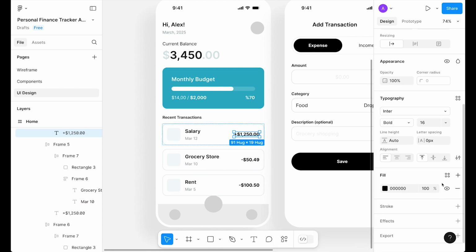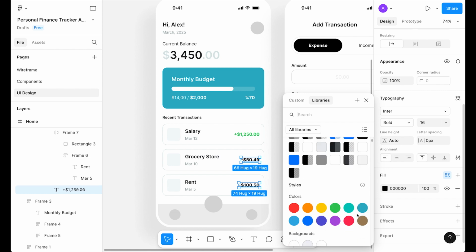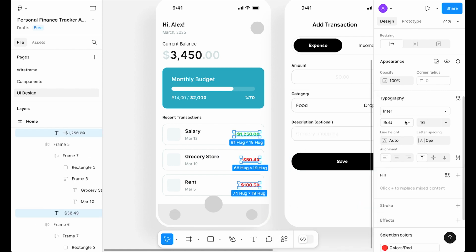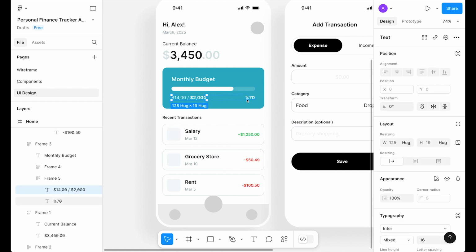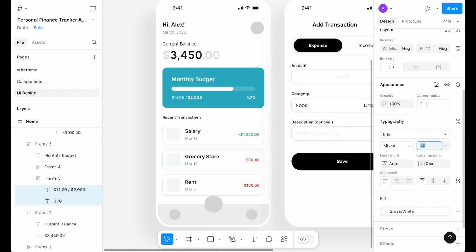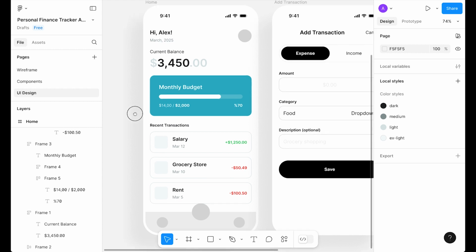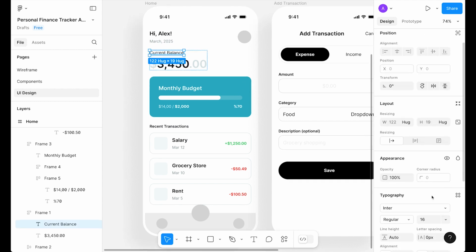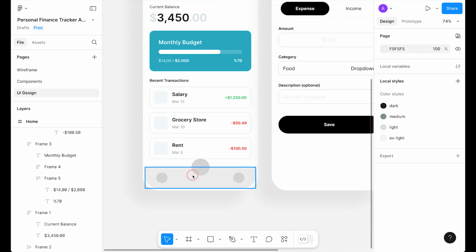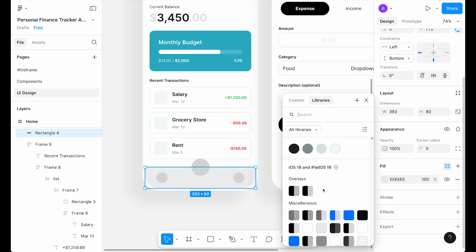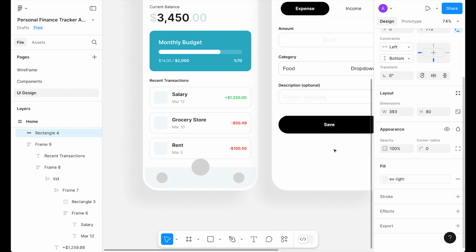Okay, so now select this text and make it green. These two will be red text, and select this. Okay, make it semi bold, and let's use 14. So as you can see, here we have 16 and 16, so let's try to make it 14. Okay, so 14 looking good, and we will stick with 14. Let's make this one also 14. Everything is looking perfect. Okay, so now let's quickly check the color of this section, and we need to use this